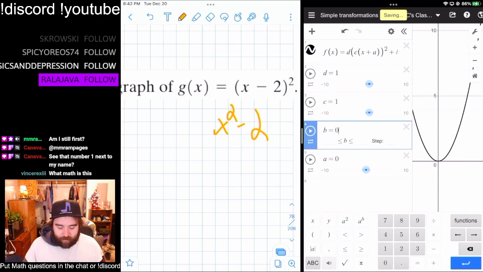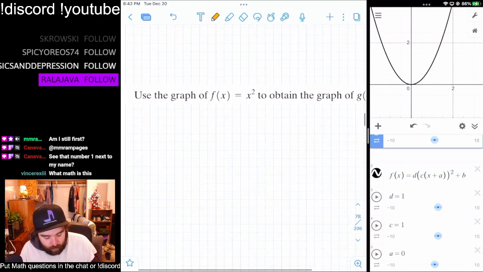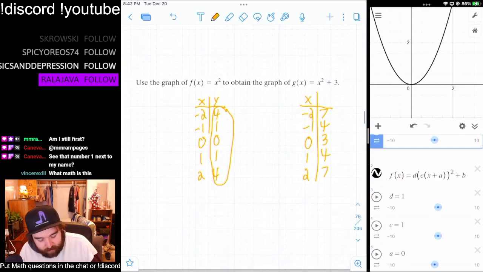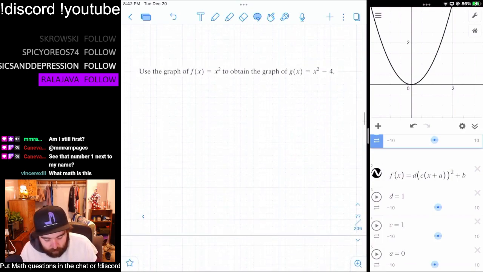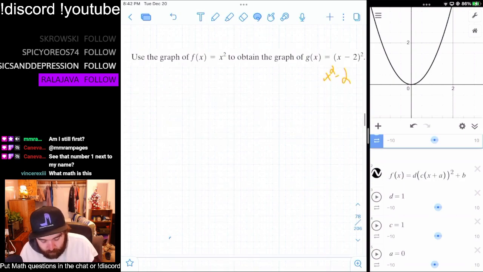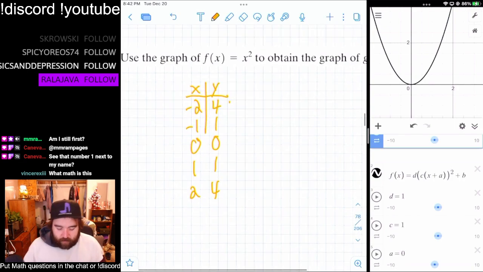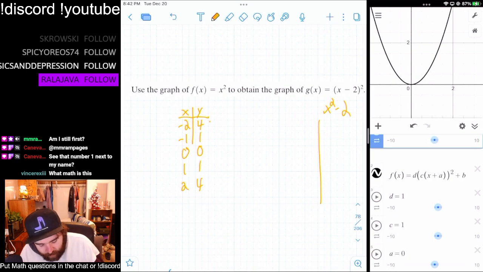You see, that's just our plain parabola. But let's not do it on the graph just yet. Let's go to the table and think about it. So let's again, like before, just copy this graph, because this is still our original function that we're using. And what is happening here? So here, when we plug in an x value, like when we start, if we plug in x equals 0,